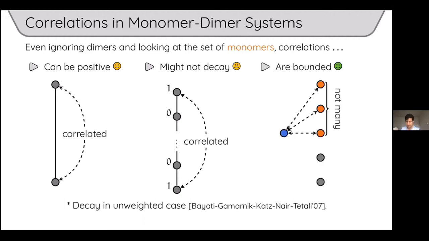Right. Okay, so the type of thing that we show for the monomer-dimer system holds is this other property, which is maybe a little bit, it's actually not very comparable to these other properties. So what we show is that if you fix any vertex like this blue one, the number of, this is like the informal version, I'll give you the formal version later.